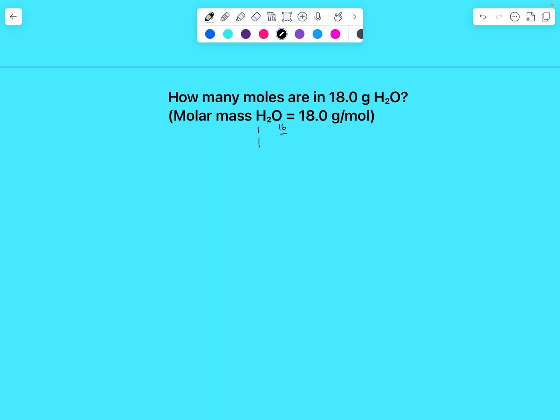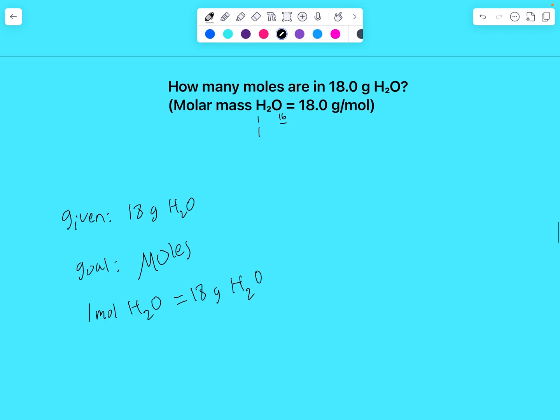Okay. So, we're given that we have 18 grams of H2O. Our goal is to get into moles. It says how many moles? Well, we got to find that out. And then I know that the conversion is 1 mole of H2O, 2 hydrogens and an oxygen, also known as water, is equal to 18 grams of H2O. So I'm going to take this 18 grams of H2O,